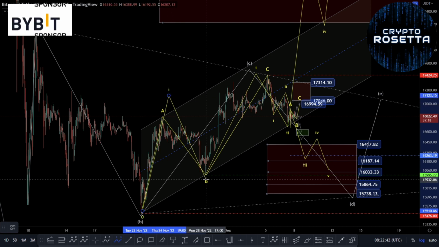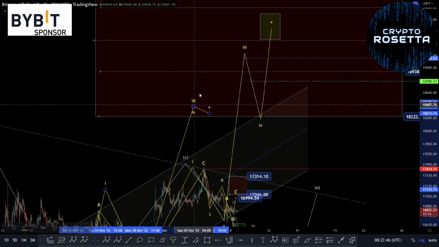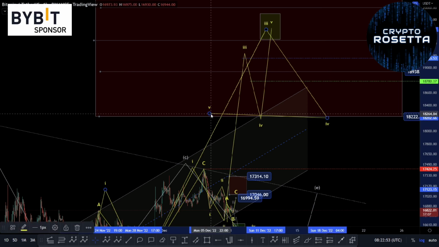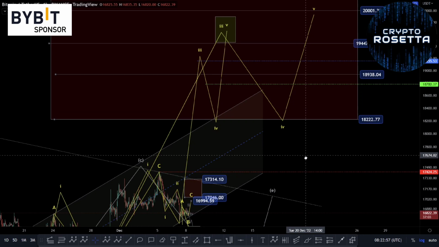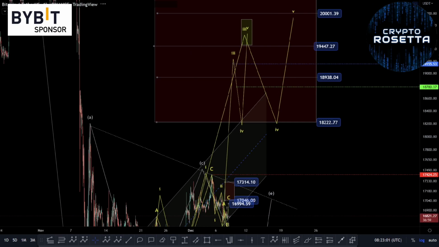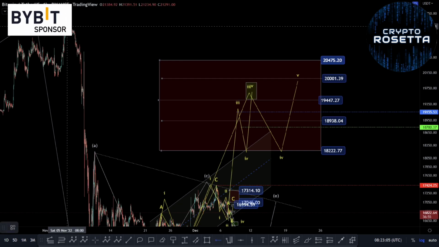So this would then become 1, 2, third wave would come into this position, fourth wave would come back down into here, and then we'd be looking to push up for another fifth. So that would be like a bullish count. This, though, when I say bullish, it'll be short-term bullish, because effectively until we break back above this high point here,